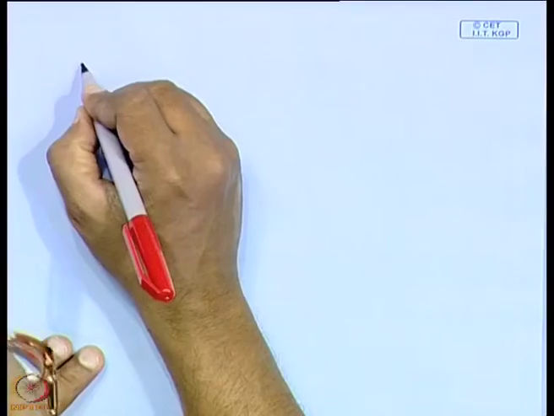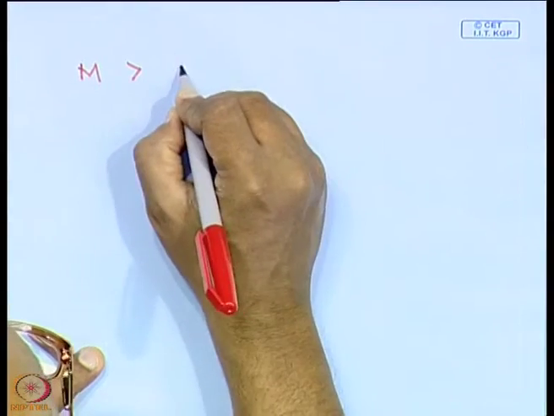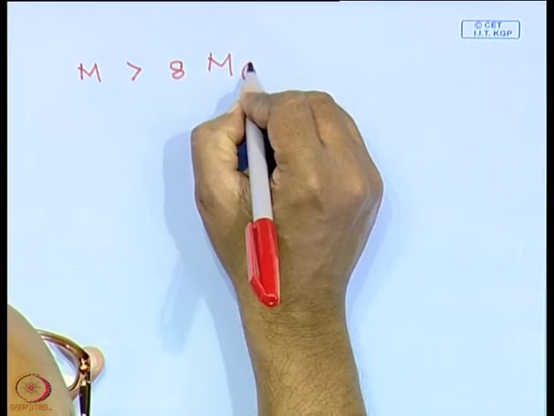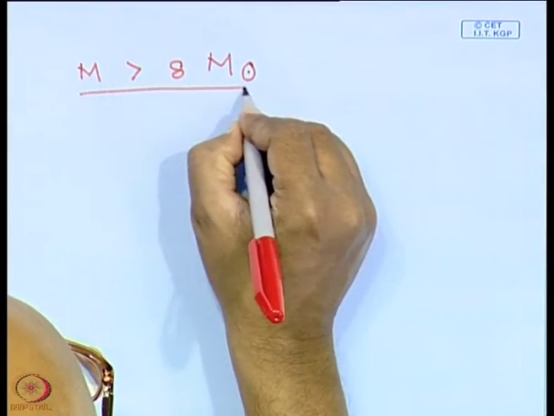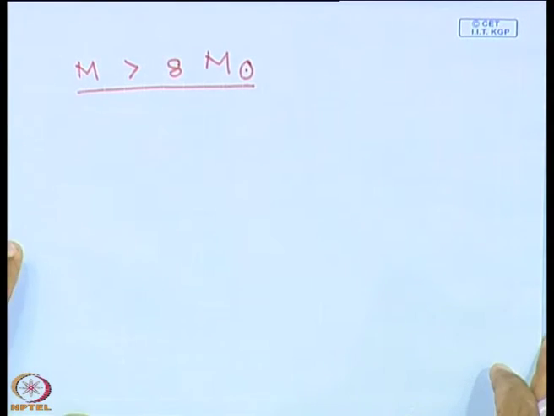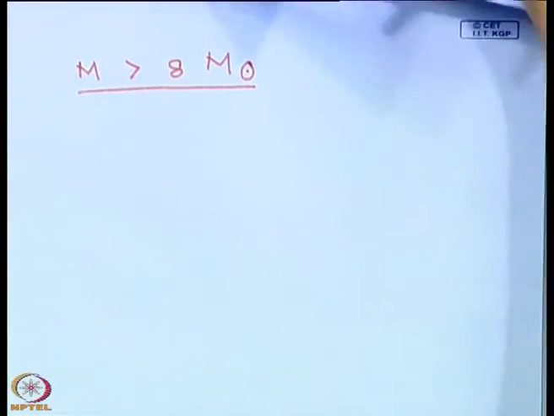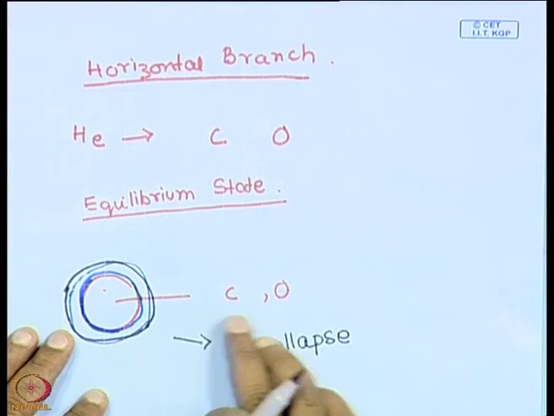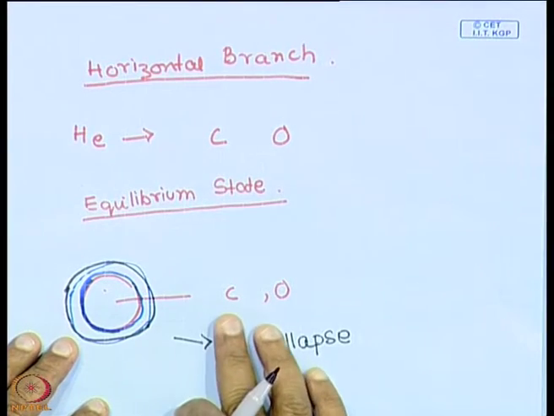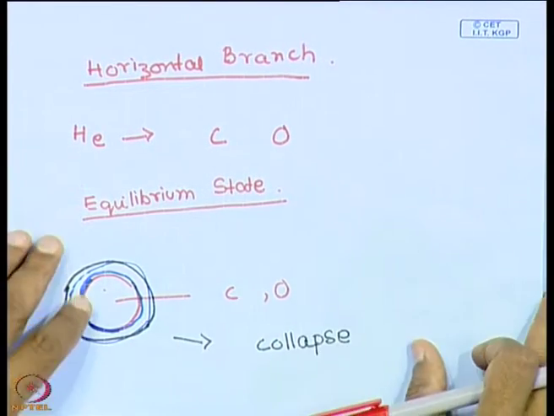Now, what happens to stars which are more massive than 8 solar masses? Now, in these stars, let me go back to the picture. What happens to these stars? In these stars, you have a core of carbon and oxygen. Now, when the core collapses,